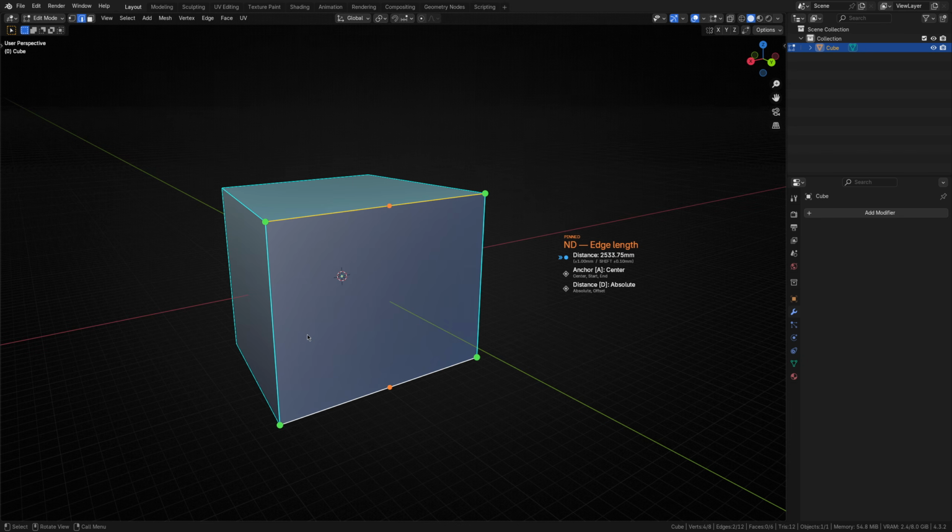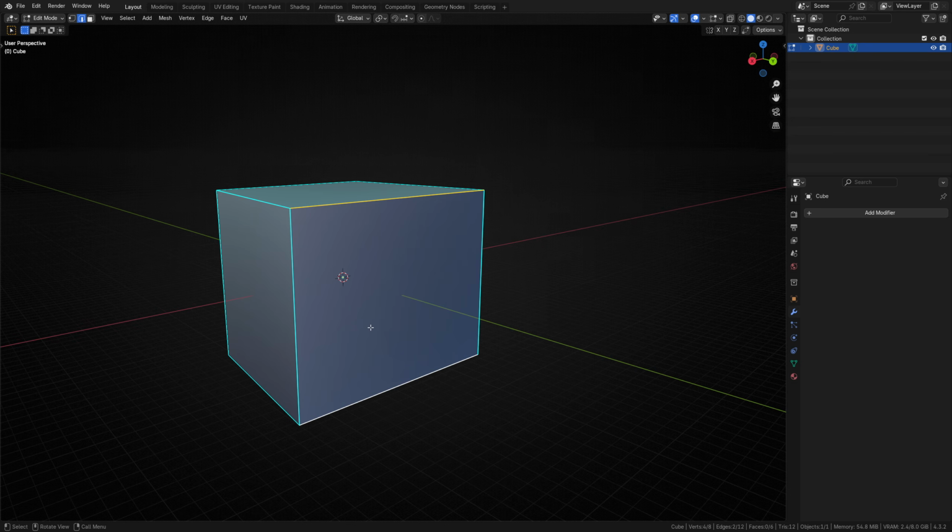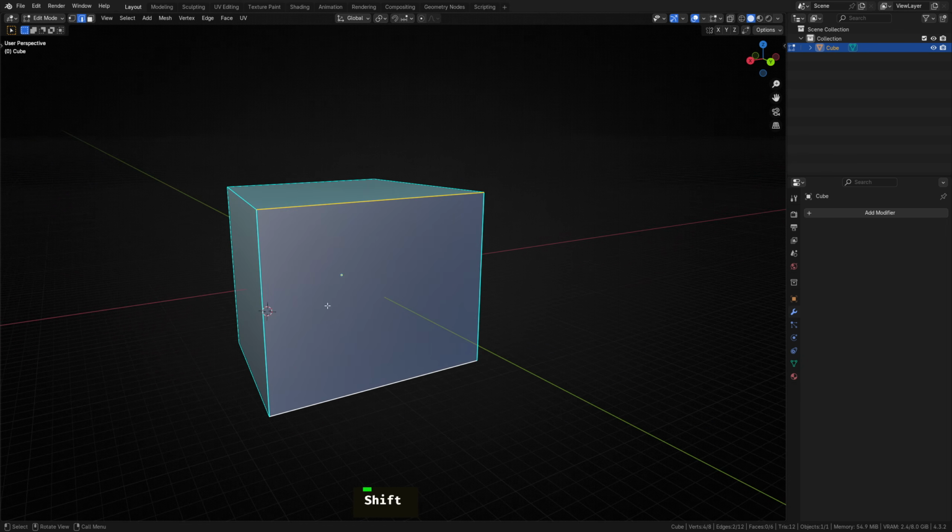Luckily, there's an easy enough solution, hinting at the operator what it should consider as the starting point. We can do that by placing the 3D cursor where we want the starting vertex selections to gravitate towards. So, for example, if I hold down Shift and right-click near the side of the cube and then rerun the operator, you'll notice that the anchors behave more intuitively.